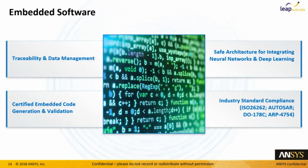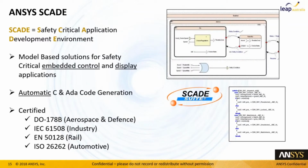So how do we tackle the embedded software challenge? We have a tool called ANSYS SCADE. As the name says, SCADE stands for Safety Critical Application Development Environment. The tool works specifically in a model-based environment where you can create the logic of the software that you're building. You don't work with very heavy coding and debugging processes. You actually create the logic underneath the equipment and the autonomous vehicles you'll be looking at, and the code will